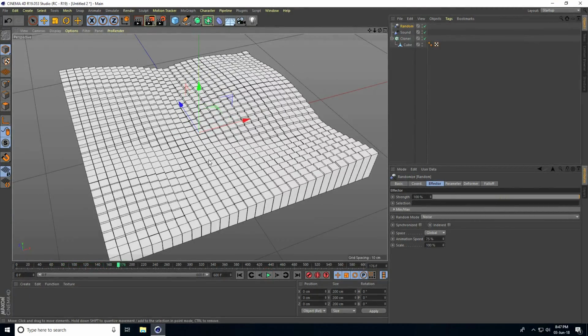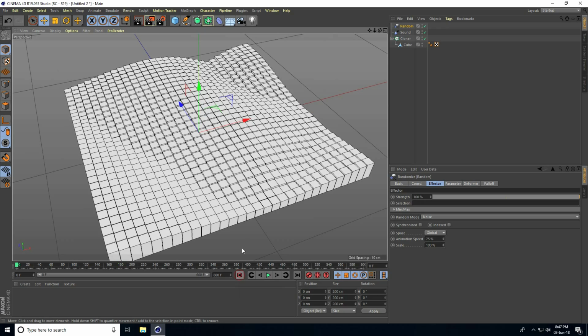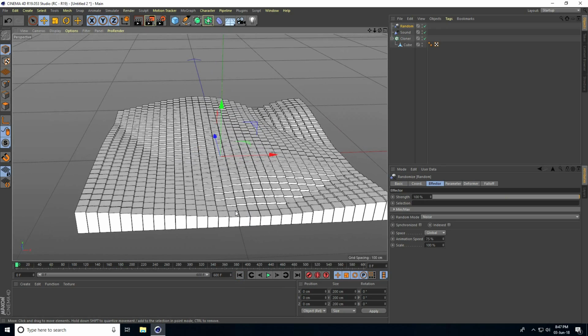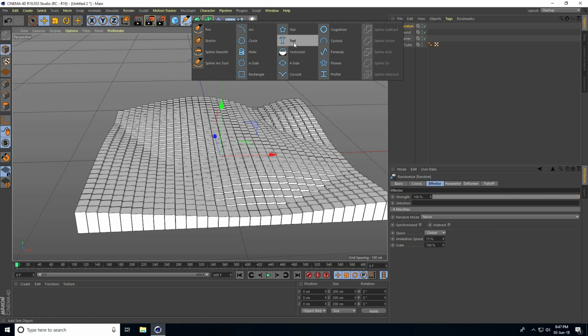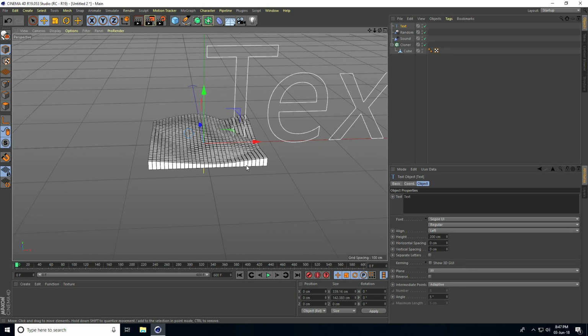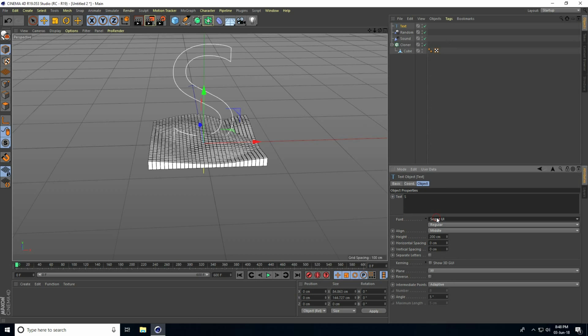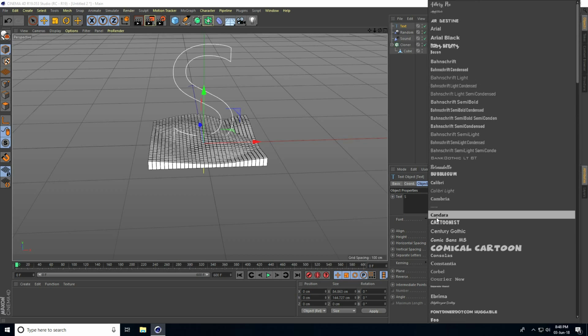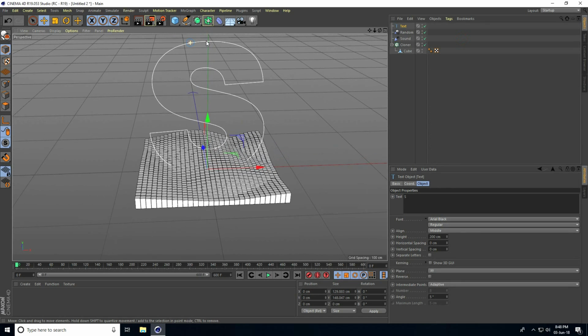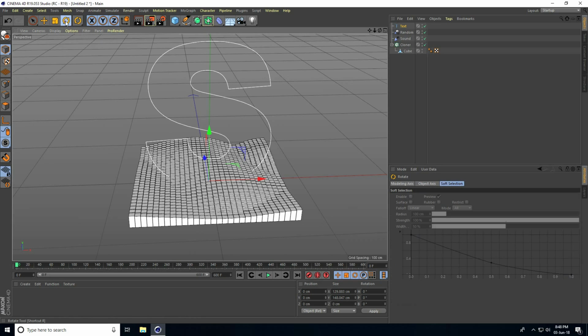See guys, there's my animation, and now I apply text. I use plain text. I type only the S letter, S. Alignment take middle. Font, I use Arial Black. This is a bold and thick font. Rotate minus 90 degrees.